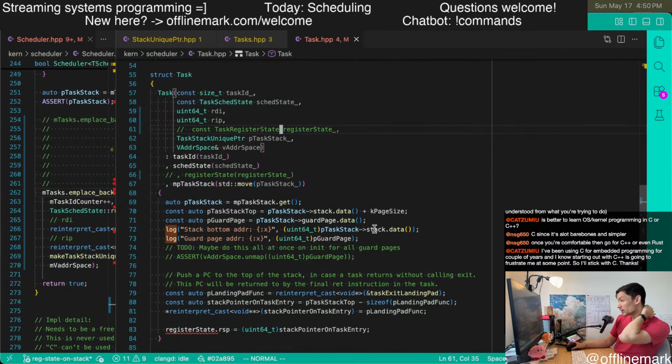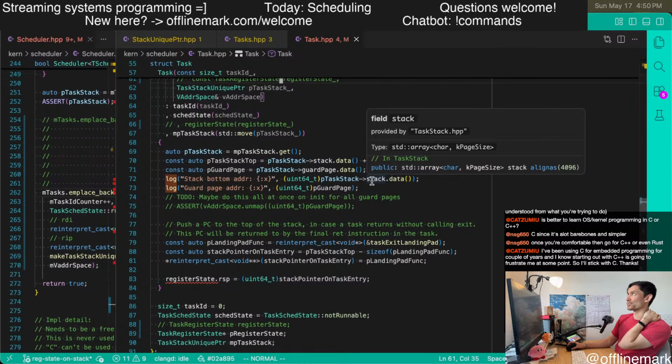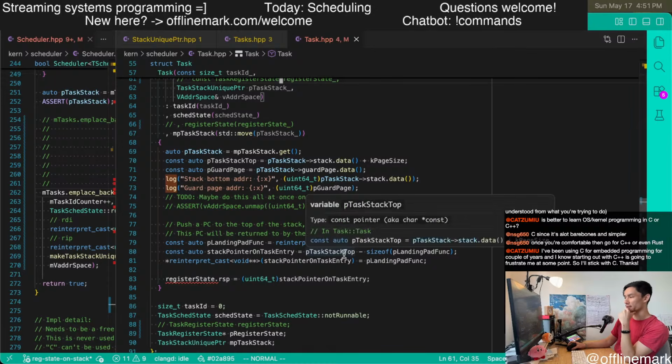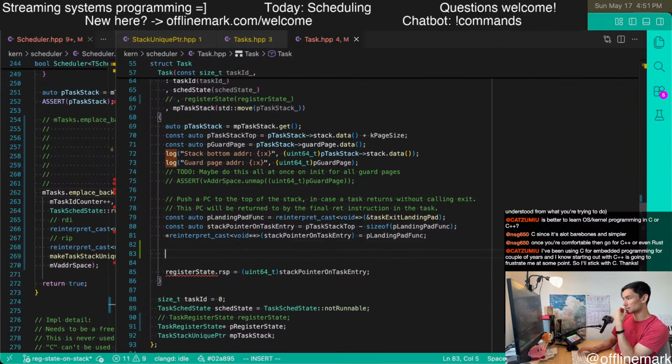And what we need to do is, I think we need to prepare the stack, basically. And so I'm going to do this in sort of a bad way.